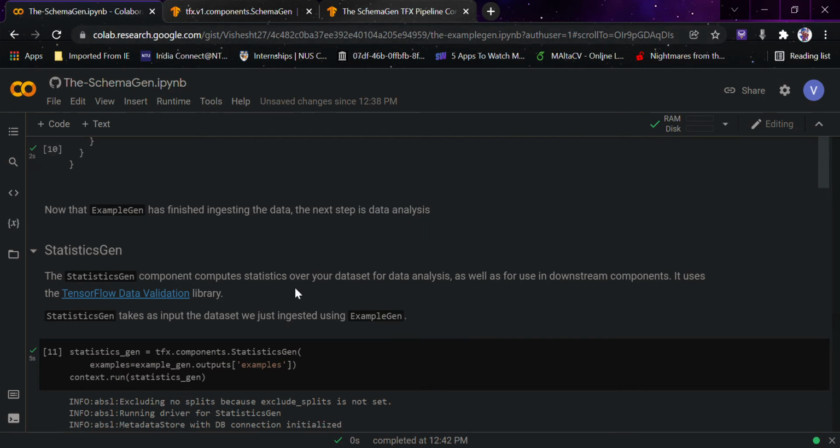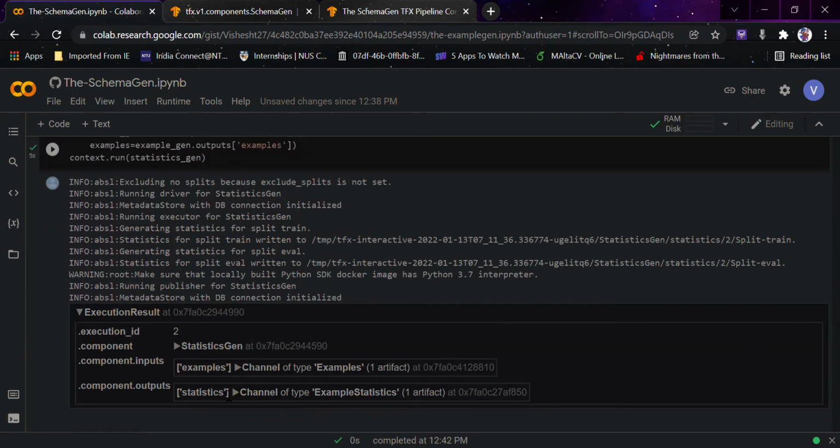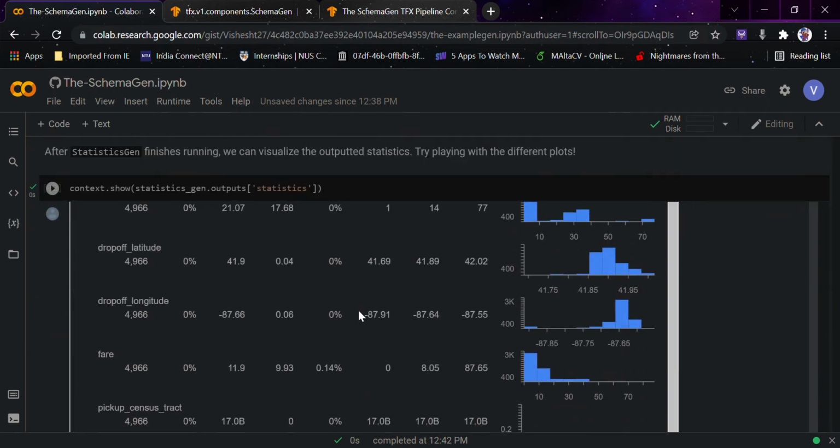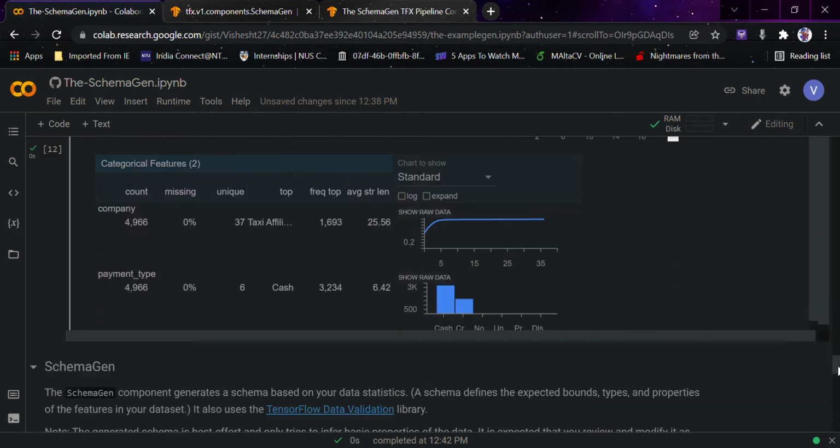If I could explain it in a single line: first you give your data to ExampleGen. That data is shuffled and broken into training and evaluation parts, and after that you see the statistics of that data. We have talked about the statistics in detail in the previous video, how all the statistics are shown here. As you can see, everything is shown in detail by this data, and believe me, this is the best part of statistics that I like. You can see every glimpse of the data that you have just given to your model.